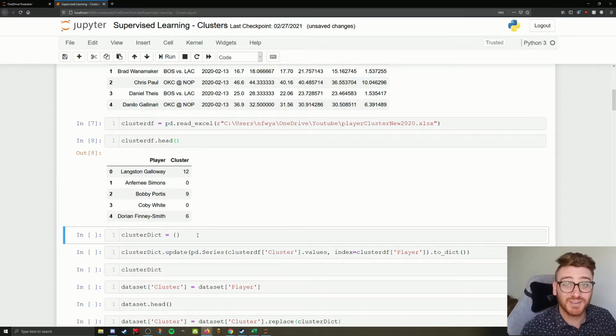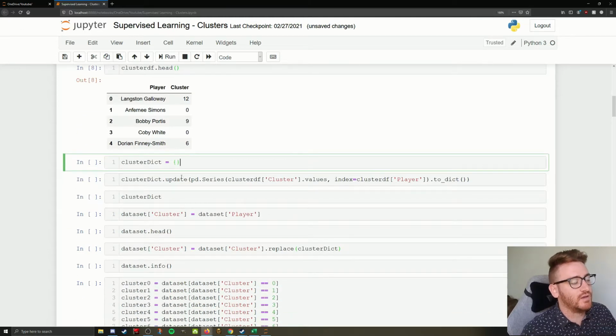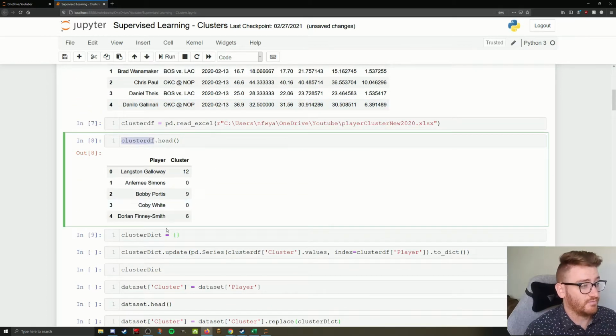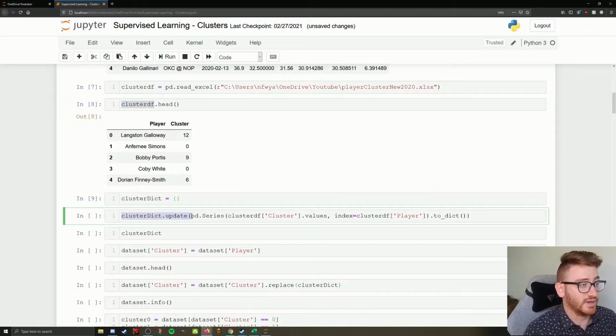That way I have the data if I want to use it in the future, but let me pull out this specific piece of data to use going forward. So what I'll do is define an empty dictionary. This one's going to be cluster dict. Using the cluster data frame here, I'm going to use the dictionary update function, and I'm going to use pd.series,